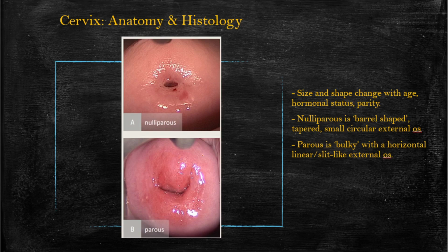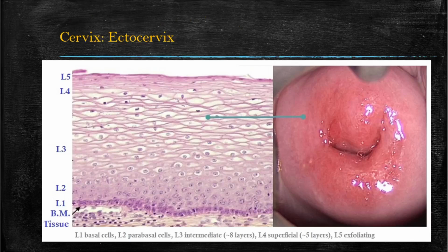It's kind of tapered, has a small circular external os, and the parous cervix tends to be a bit more, quote, bulky, with more of a horizontal linear, kind of a slit-like external os. Looking here at the exocervix, the ectocervix, this is this outer layer. It's usually a relatively smooth, kind of lighter pink-colored surface, and this is made up of a stratified squamous type